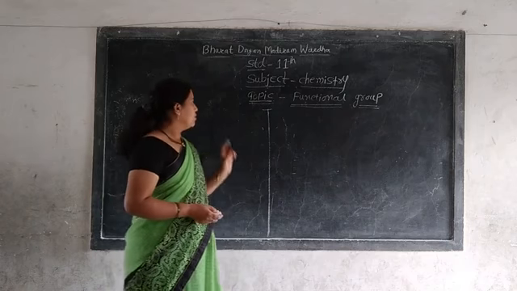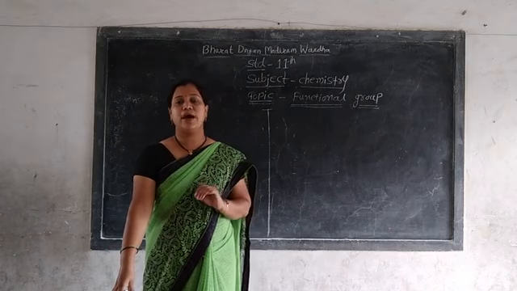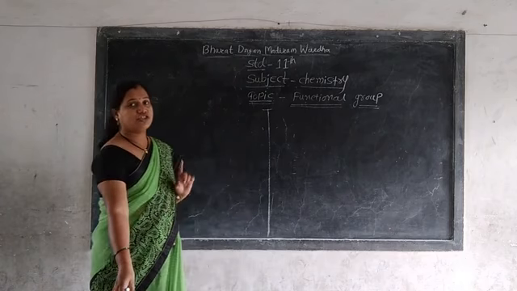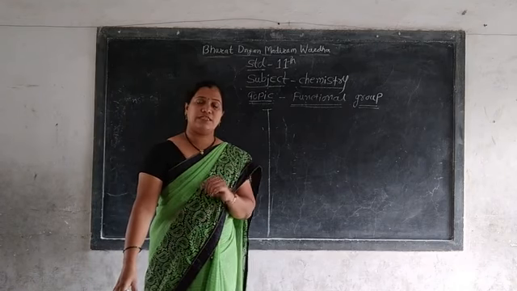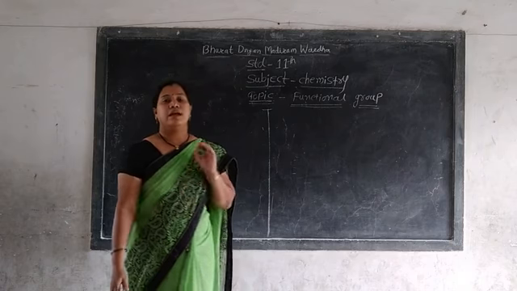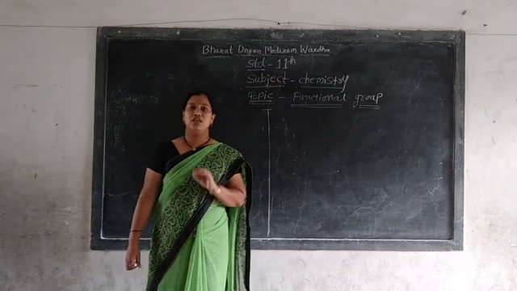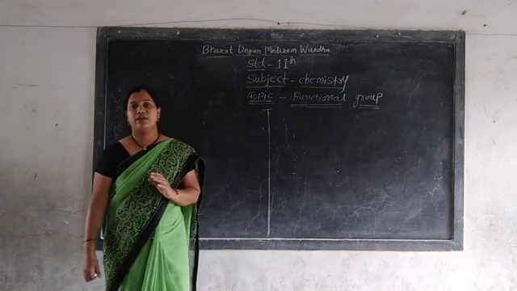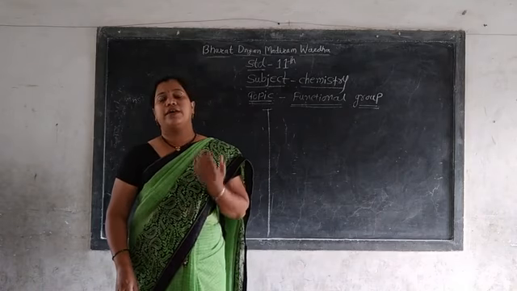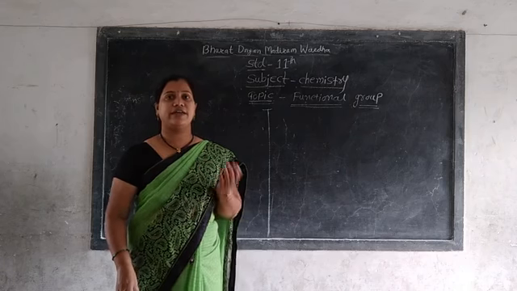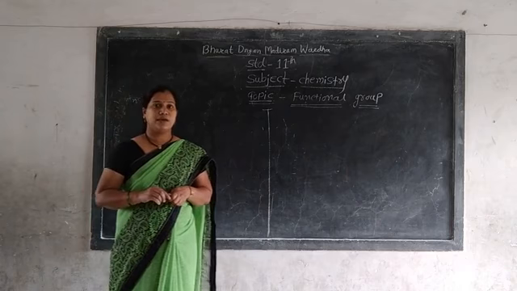And today we are going to learn about the classification of organic compounds on the basis of functional group, the nature of the functional group. This is the second way of classification of organic compounds. There is a variety of organic compounds, and they contain a variety of functional groups. There are various functional groups present in the various organic compounds.